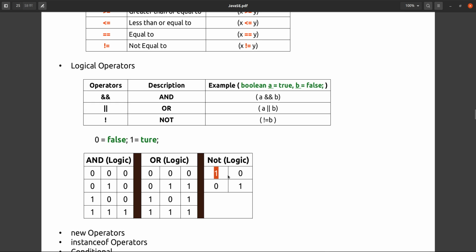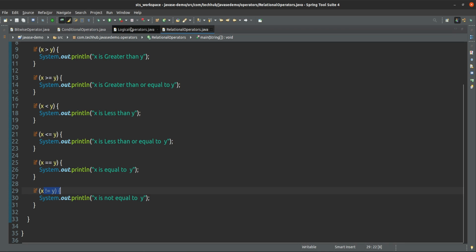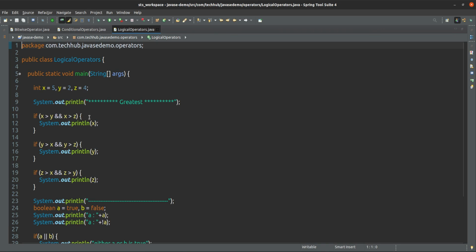NOT is nothing but making the negative, so the reverse value. If it is true, then it will make false, and if it is false, then it will make true. That's it. So here for logical operator, if I open here